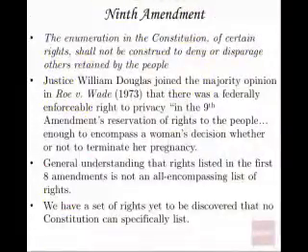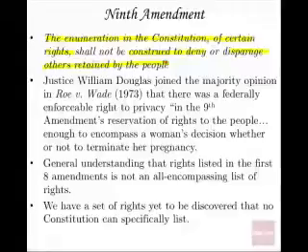Now, the Ninth Amendment. The Ninth Amendment basically says that the enumeration in the Constitution of certain rights shall not be construed to deny or disparage others retained by the people. Again, this isn't the most often cited amendment to the Constitution, but it was thrown in there to give you the idea that just because a right was not listed in the first 8 amendments